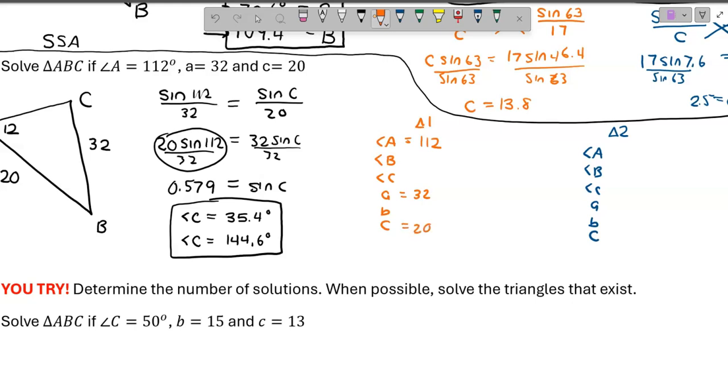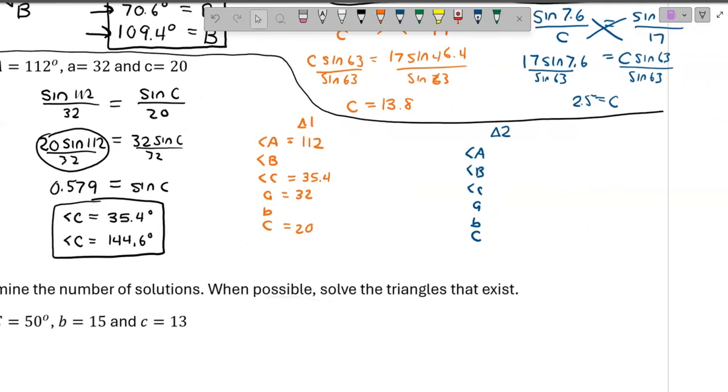We just solved in scenario 1 that angle C would be 35.4. So we have B and b to solve for in just a moment. Going over to our second scenario, we're still going to fill in the 112 that we know, the 32, and the 20. And then angle C in the other scenario we got was 144.6. So when we use the triangle sum theorem, in the orange scenario, triangle 1, we get that angle B